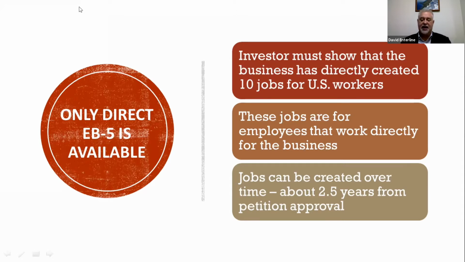Now, the very last point here on this slide is that jobs can be created over time, about 2.5 years from the petition approval. The petition is the first application you file with Immigration Service if you want to pursue the EB-5 visa process. You don't have to create the jobs immediately. They can be added to the business over time as the business grows. And I will take a moment here to also mention that you can, under the EB-5,